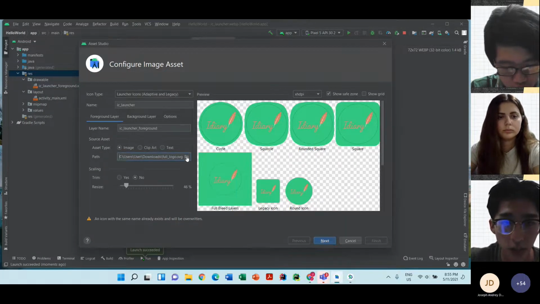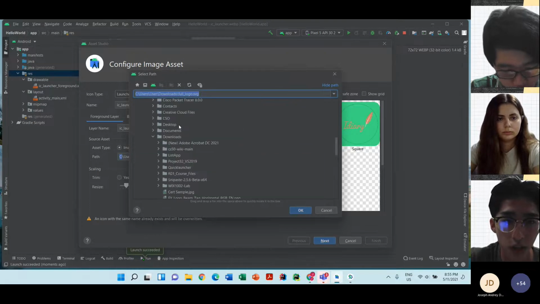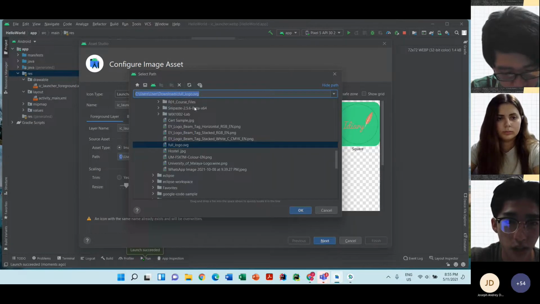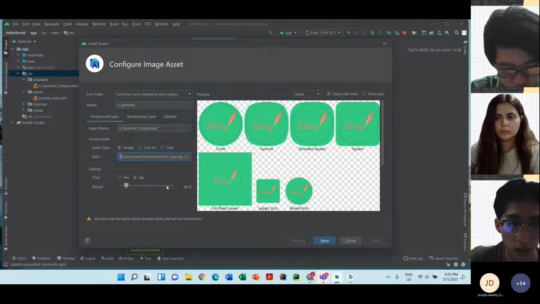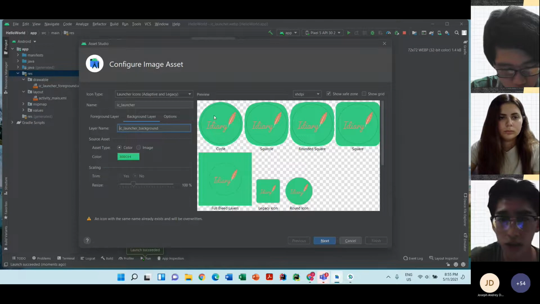So just double click this file and find any image, and just click this file and it will go to this path. So just resize it if you want to resize. For the background layer, because this might not match, I changed the color.